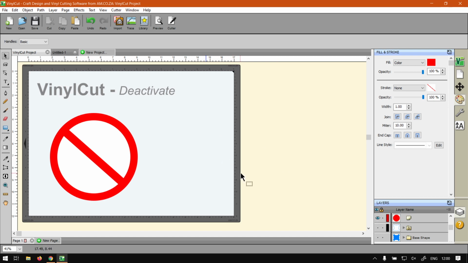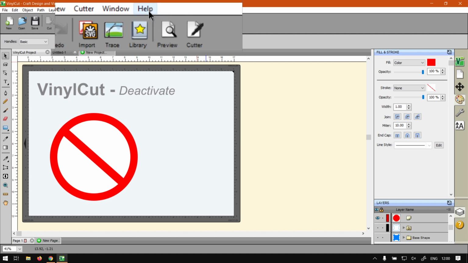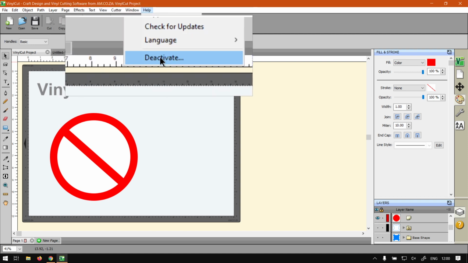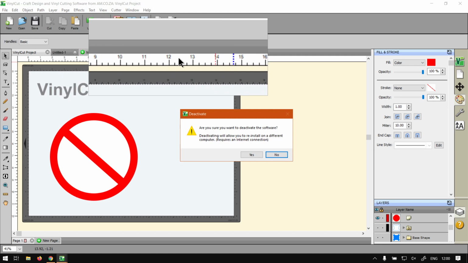And then also keep in mind, if you just uninstall this here and install it on a new computer, it is not going to give you the ability to activate it there. You're going to have to first deactivate it on the program itself. So in order to do that, we can always go here on top to the help. So obviously once you're in the program, you go to your main menu, help, you navigate down to deactivate, and